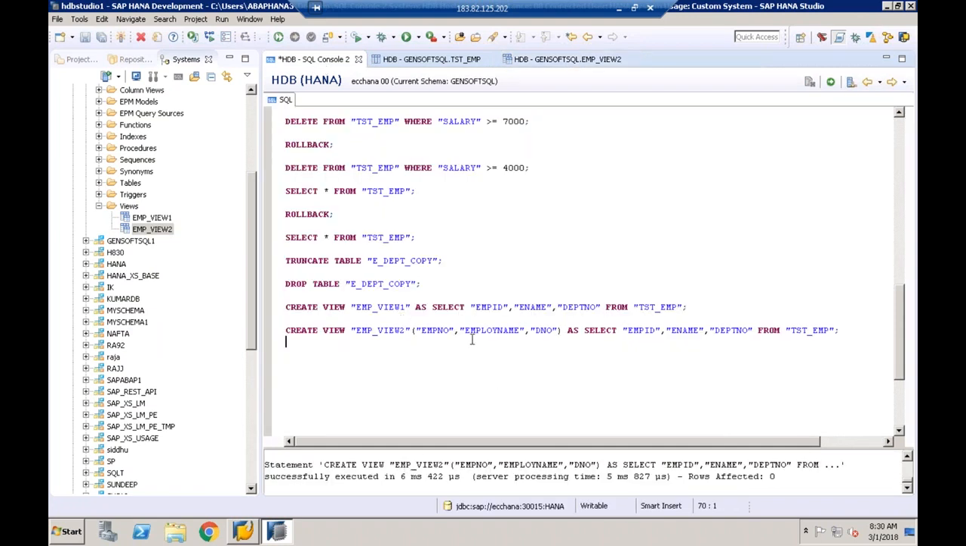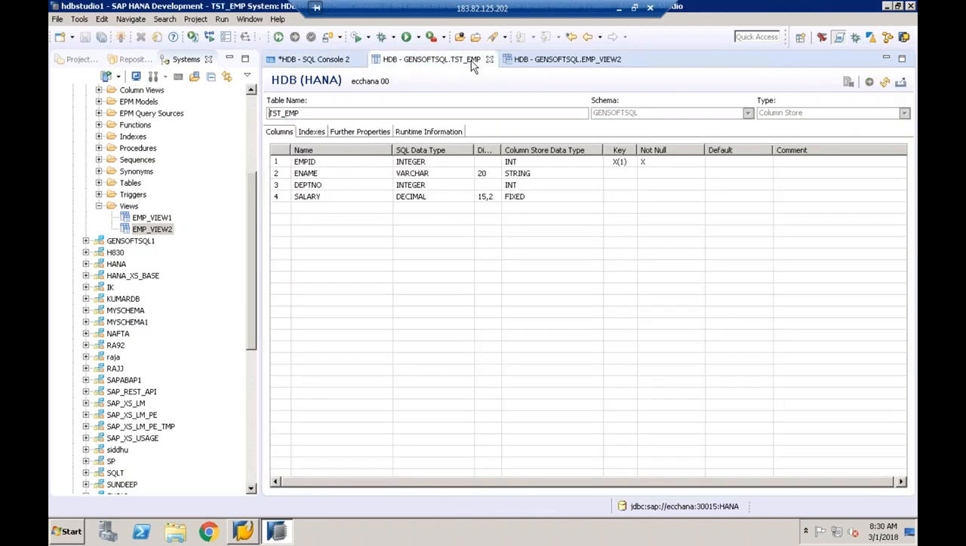Okay, let me create another view. I'll create another view. Okay, there are two views created now, view 1 and view 2. So here if you observe, before that let me go to the table. In my table, how many records are there? Let me just